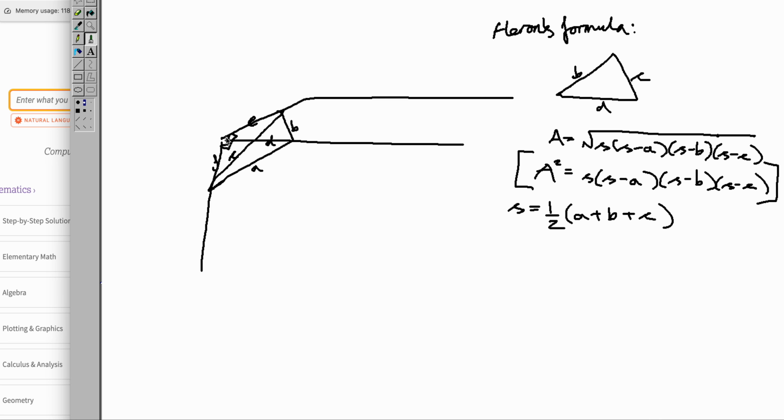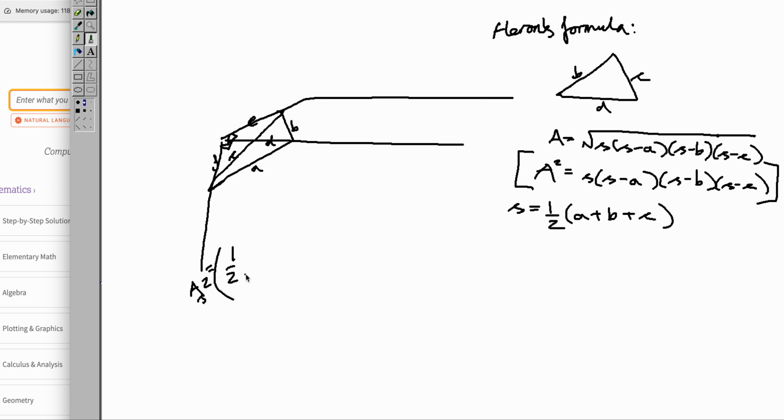But if we want this face squared plus this face squared plus this face squared, we can do it as well. It's just that we're going to need to use base times height. So the area squared, or rather the areas added together squared,